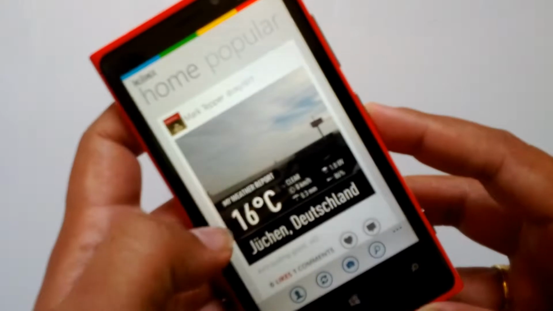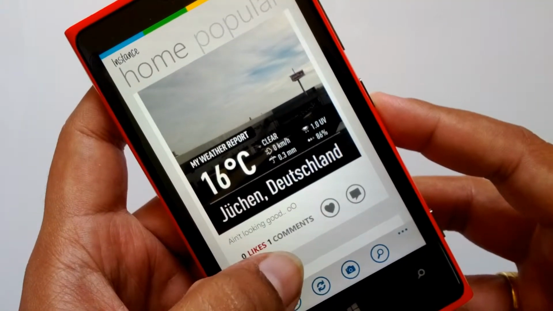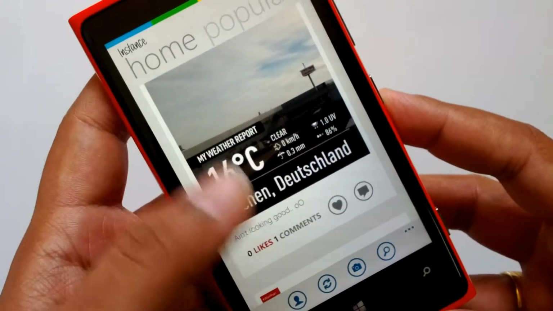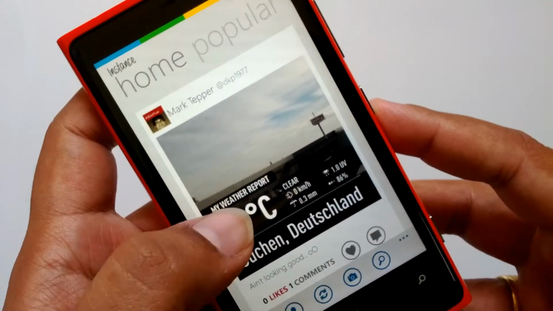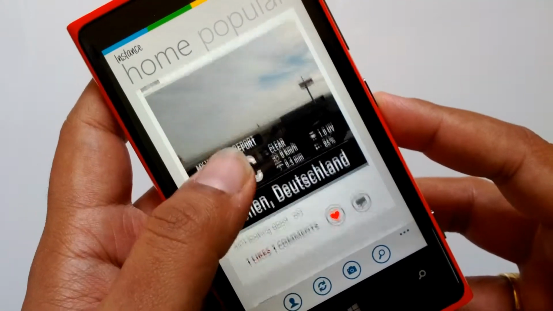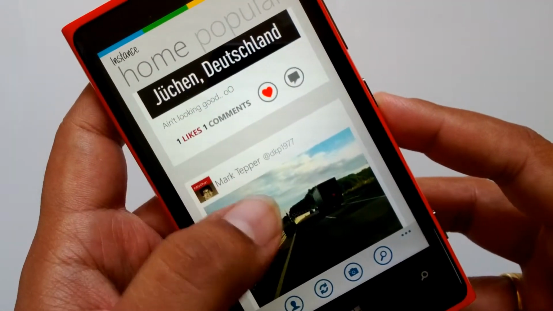what the features are. When you look down at the photo, you can see the likes and comments, and an option to like the photo as well as comment on the photo. You can double click on the photo to like it. So you can see I like the photo, and the color changes to red, similar to the Instagram official app.